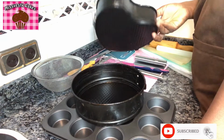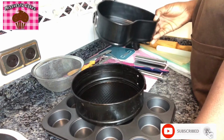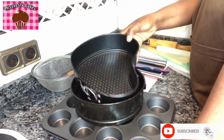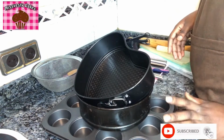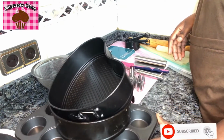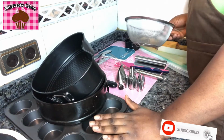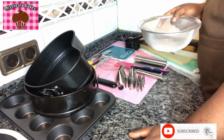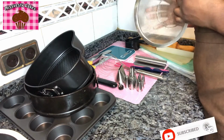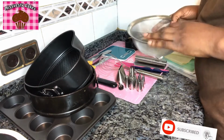You have to have a cake pan. Without a cake pan, I don't think you have anything to bake. So first of all, you need to invest in a cake pan. This is a cupcake pan, this is a love shape pan, this is a round pan, and that's it for the pans. And this one is called a fine